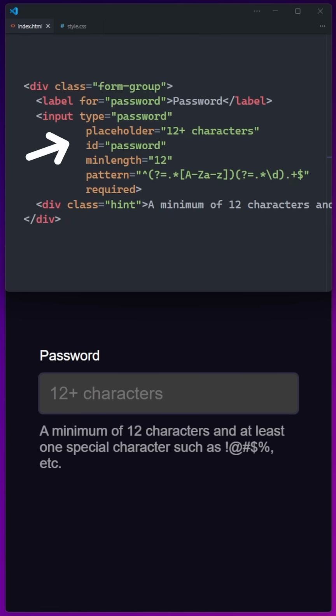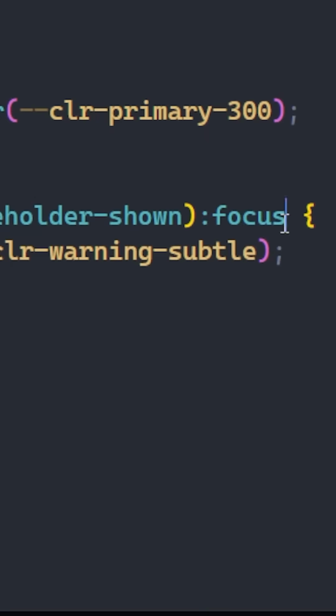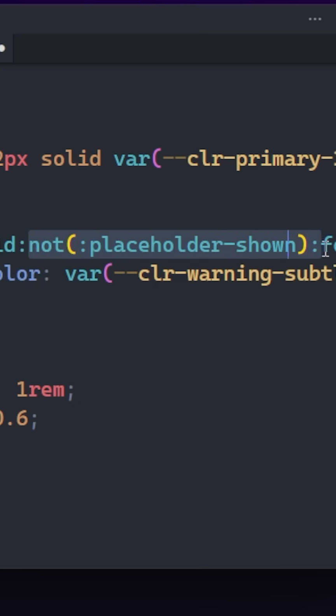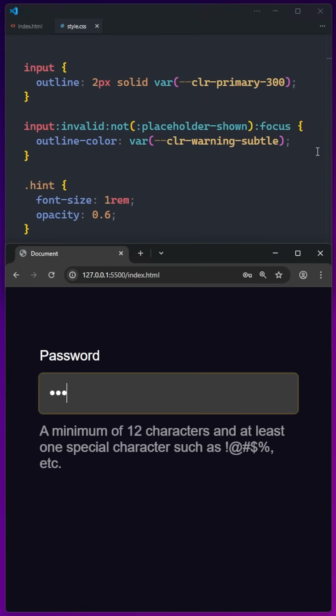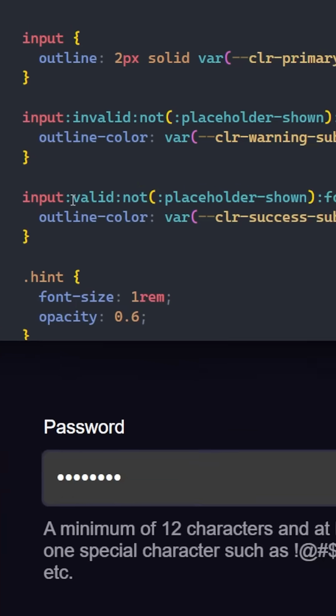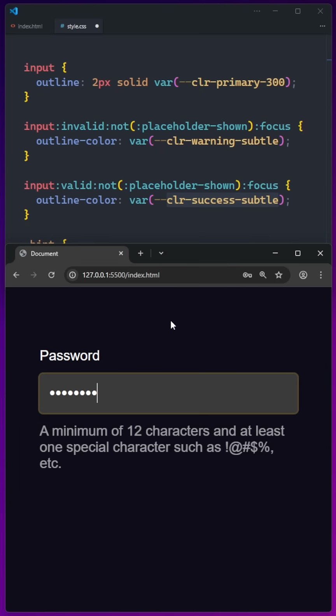If you have an input that has a placeholder like this one, we can check if a user is currently in the field by checking if they have focus on it, see if there is no placeholder shown and if it's invalid, and then do a subtle warning that what they've put in so far hasn't met the requirements. Then what we could do is check for when it is valid, but they're still focused on it, to once again give a subtle hint to when they have actually met the requirements by making a small change to the